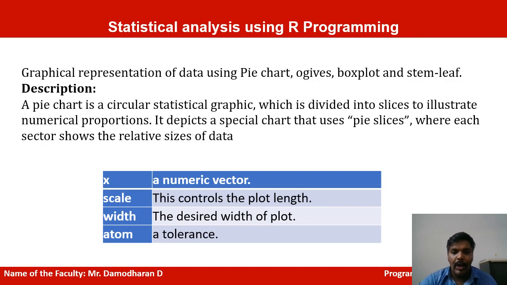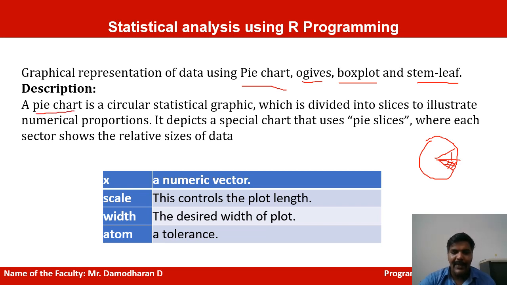First, let's see what parameters we use when plotting a graph with a pie chart. Pie is a circle. From the circle shape we divide the data into parts. Once we have created the circle, it is divided into various sectors, and the range is divided. Each representation of an area occupies a data range. In this unit we have seen the pie chart overview, box plot, and stem and leaf. First we have seen the pie chart.